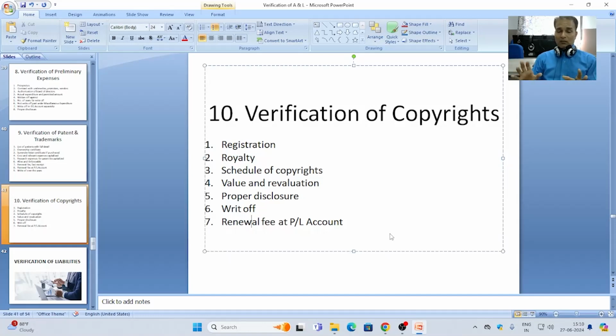It's okay that verification has a wide range. It includes checking the existence, position, ownership, title deed, lien or charge, and also valuation. So by checking existence, position, ownership, title, valuation, charge, and lien, or proper recording in the books of accounts, a verification process can be easily completed and the auditor can do his audit work in a good and better manner.